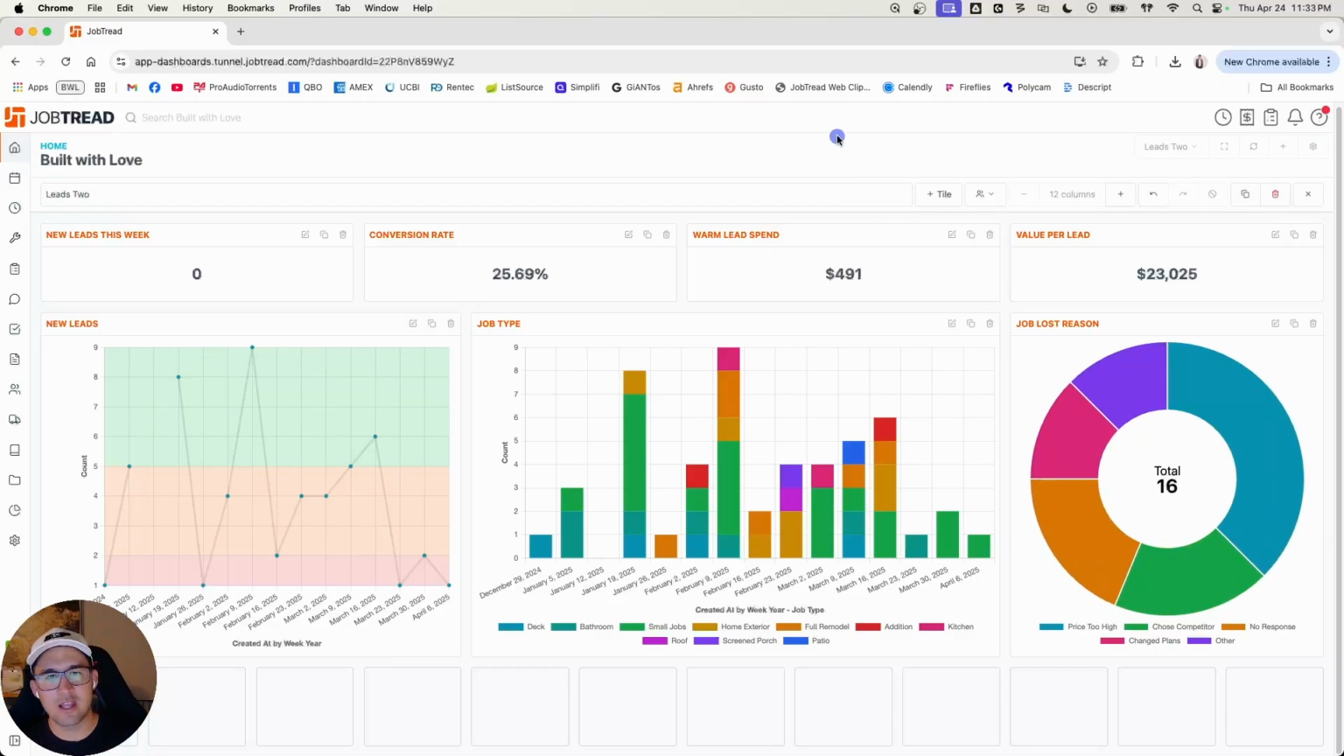There we go. Leads dashboard, we're kind of getting granular. We're seeing some ad spend, we're seeing some value per lead, we're seeing our conversion rate. Those are important things to see. Okay, cool. Now let's go on to